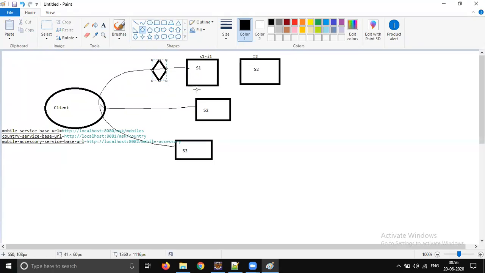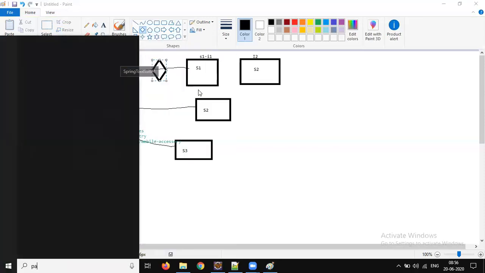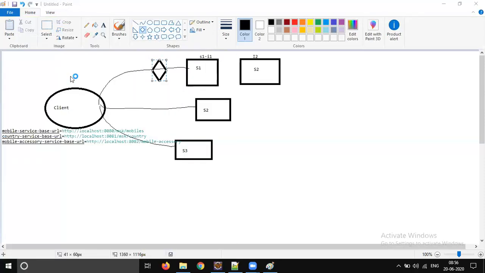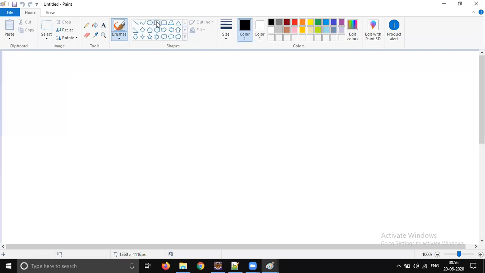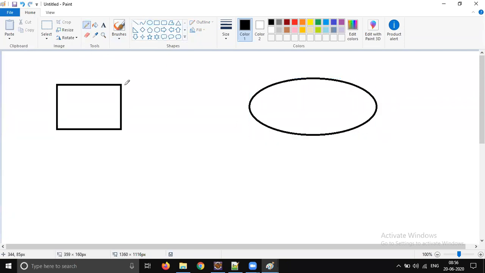So let's break this down into a particular service, to get a better idea. Now let's think we have only one client and only one service. Then it is okay. If you have one client and one service, it is okay to hard code the URL. But all of a sudden, if you are getting more load, you will create one more instance. Then